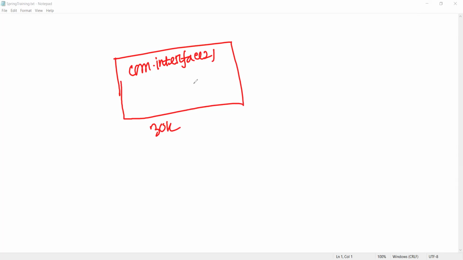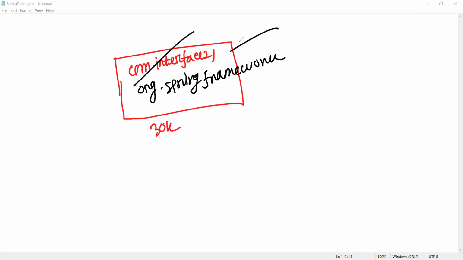Later this package name was renamed to the Spring Framework, and this project is considered a Spring project, right? Spring Framework, and the package name also became org.springframework. Any confusion?